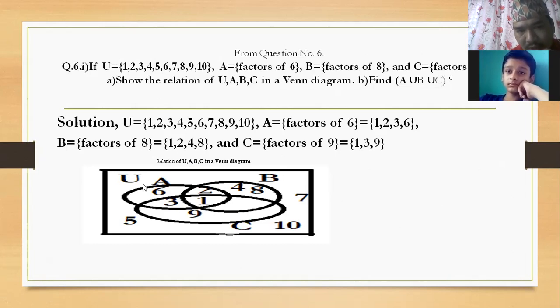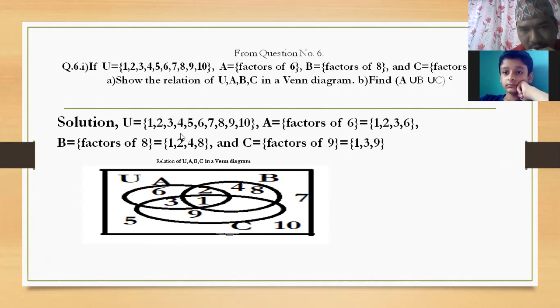First of all, we draw set A, set B and set C. Do you know, children, from which part we start to plot the elements of all the sets? From the middle. Yes, we start to put the elements from the common part of all the sets. Which one is the common part of all the sets? Look, have you seen my pointer here? This pointer is the common part of all three sets. We start to put the elements from this part.